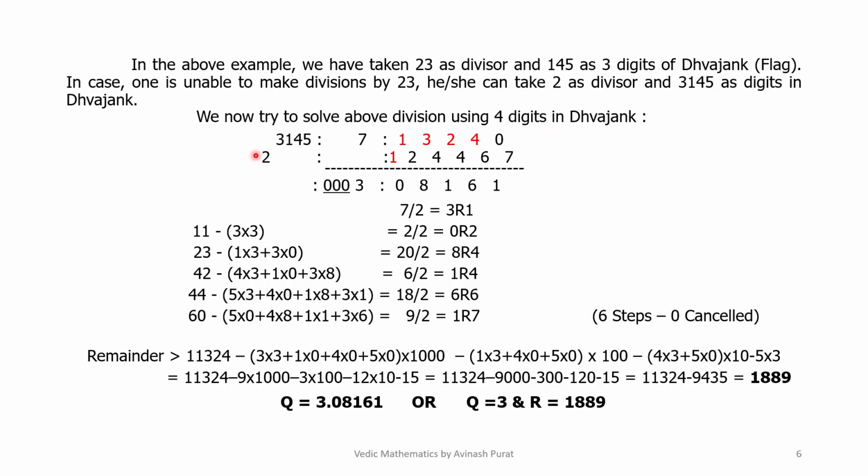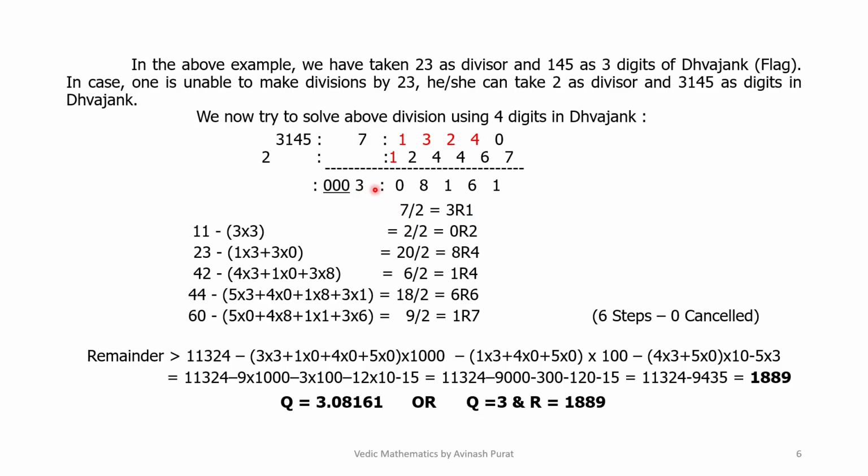So 2 is the first divisor and 3145, the remaining divisor's digits, are taken as Dhvajank. Now 1324 are the 4 digits after the decimal point, and so 7 divided by 2 equal to